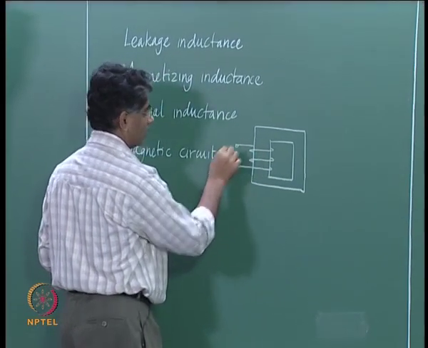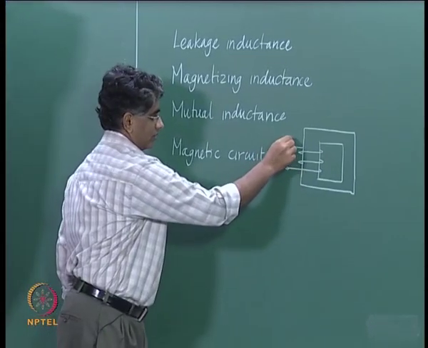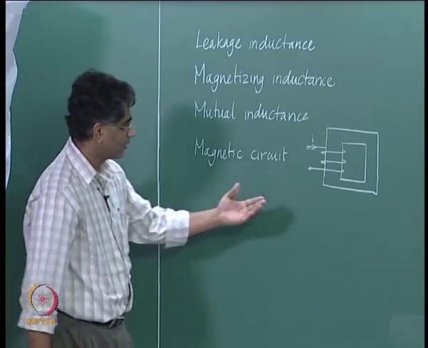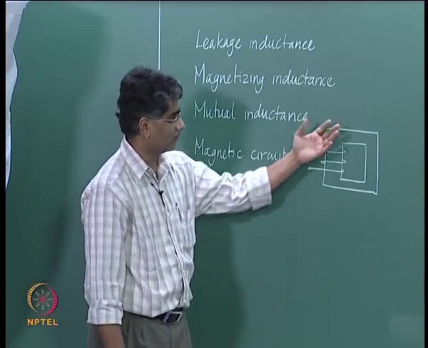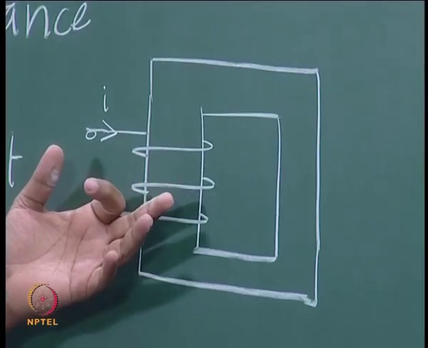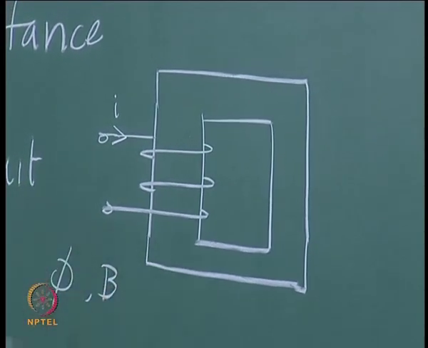We have seen in the last class that if some current flows into this core, you have a magnetic field set up, and in order to understand how much of the field is there, how many flux lines are there, how much is phi, how much is the flux density B,